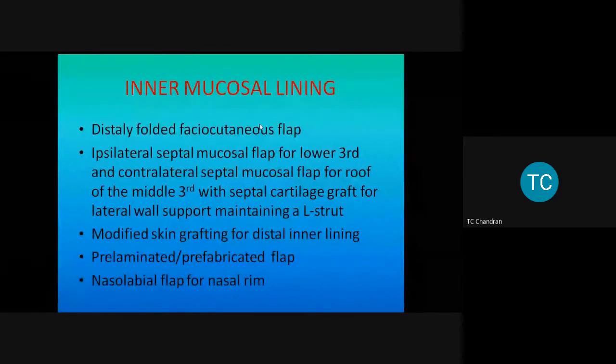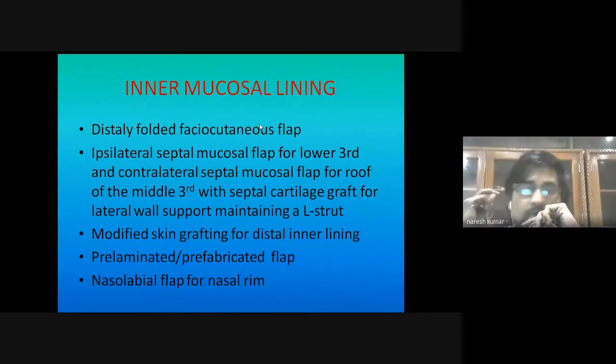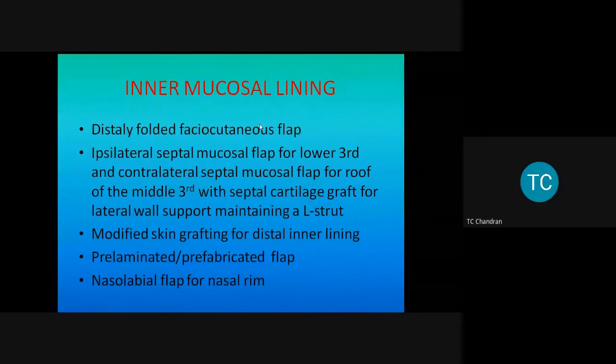Can we use a mucosal graft? Yes sir. We can. You can use a mucosal graft. They might ask you how you're going to take a mucosal graft, from where you're going to take a mucosal graft, and what is the instrument you're going to use. All those questions will come through. Now, let us not waste time.